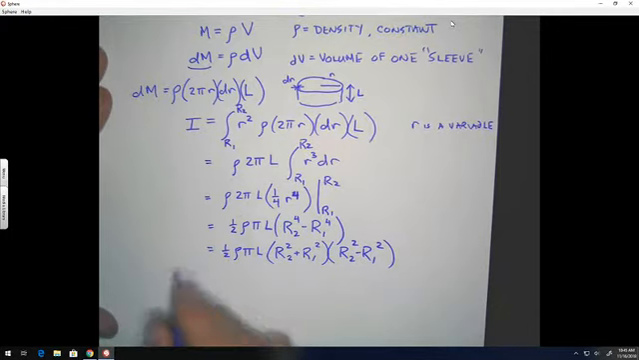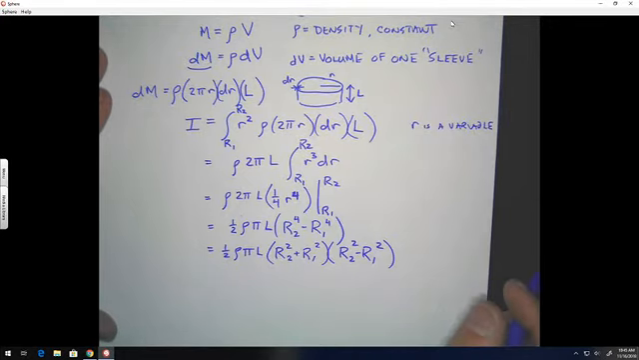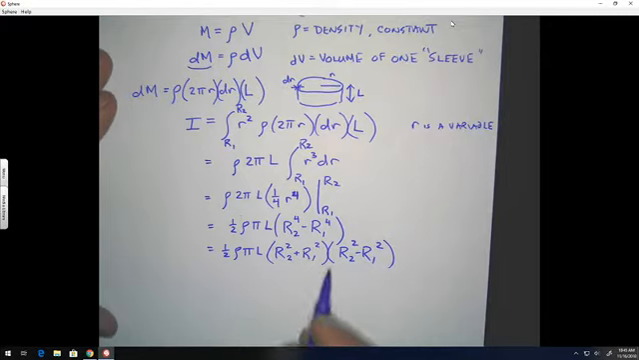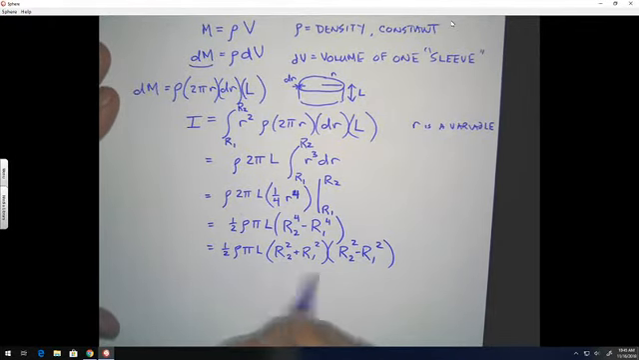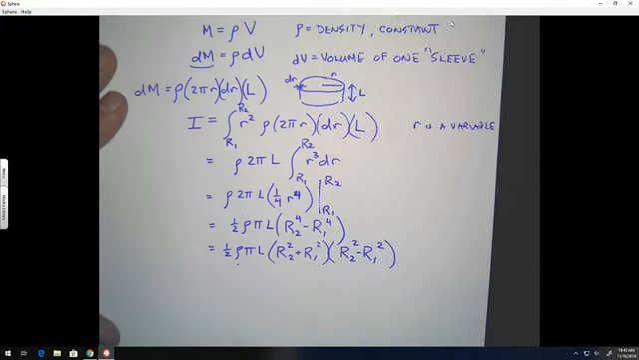Okay, so now we've got an expression here, which is good. This expression by itself, actually, you could probably stop here and say, well, I've got it now. I can calculate the rotational inertia if I know the density and the two radii. The thing that's going to be a little bit simpler is if, instead of talking about the density here, we could talk about mass. So I'm going to say the total mass